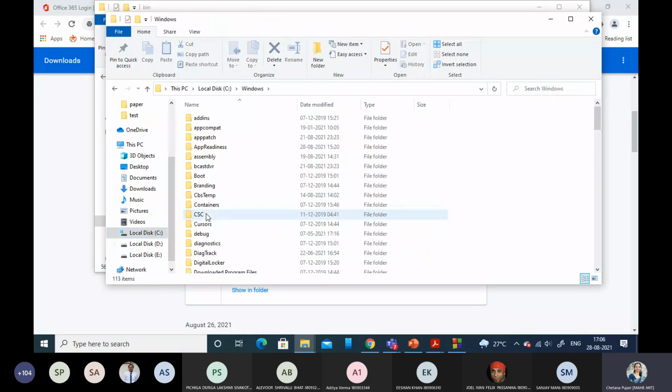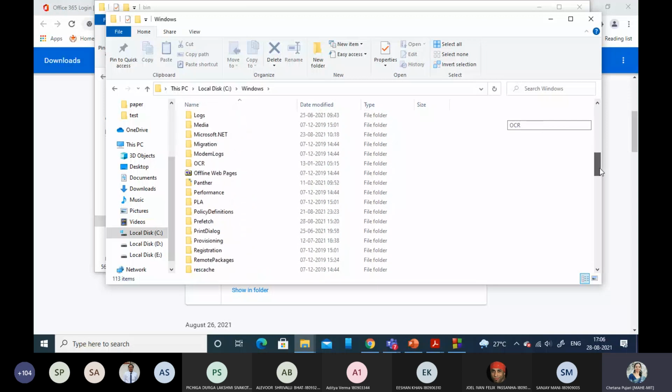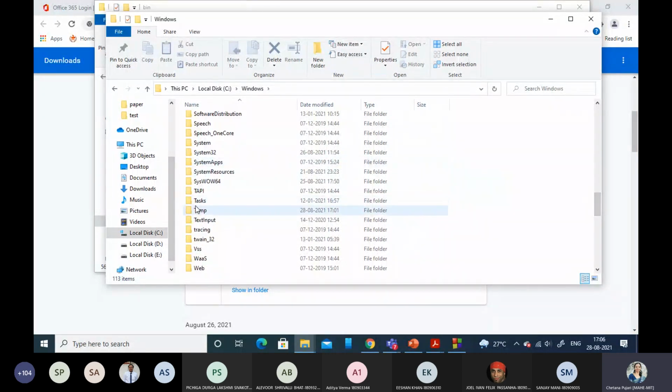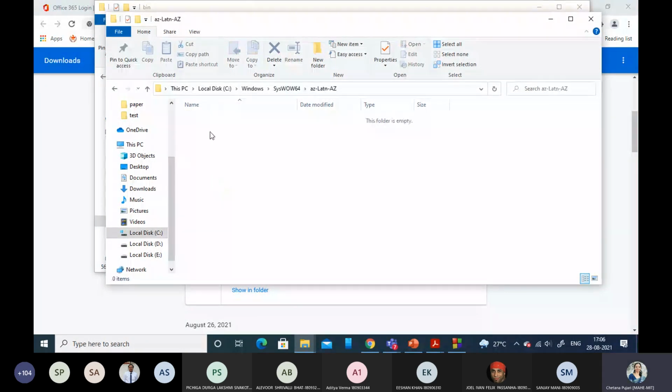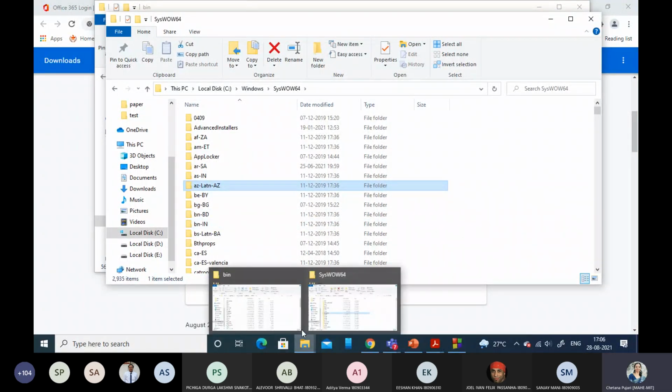In Windows you can directly paste it, or you can go to this one, SysWOW64. In this, you paste that DLL file. Once this is done,